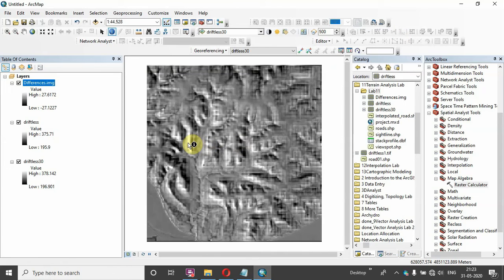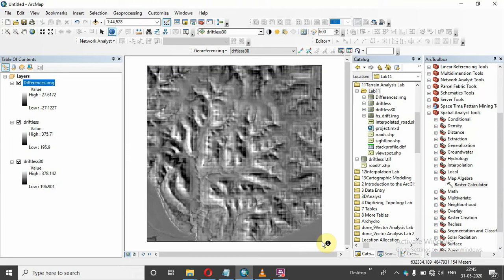So this area has increased in elevation. In the real world it can happen, for example, if rock debris has shifted from a high slope and been deposited on the down slope over this time period, and the elevation is increased.